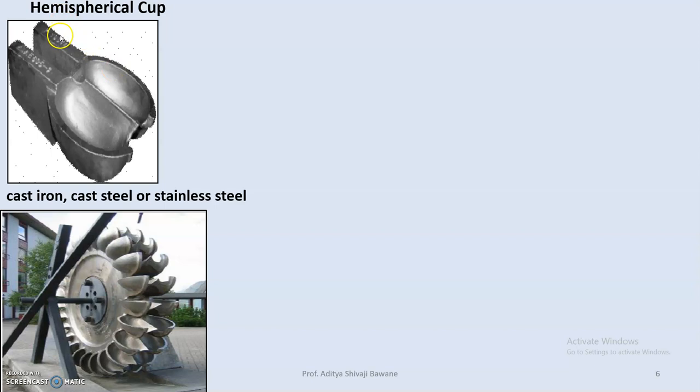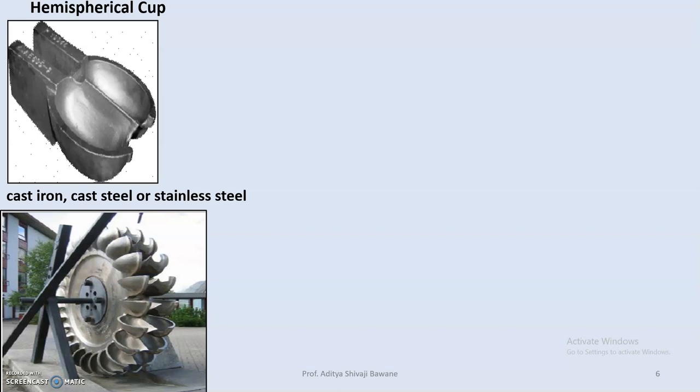The bucket is a hemispherical shaped cup, though not perfectly hemispherical, to avoid the direct impact of the jet on this part. These are mainly made of cast iron, cast steel or stainless steel. There is a notch so that whenever the jet strikes at the lower end, and this bucket moves to the other side, the upcoming bucket will not disturb the thrust of the jet. That is why the notch has been provided. Again, the splitter angle is made 10 to 15 degrees to avoid the impact of the jet on the bucket.